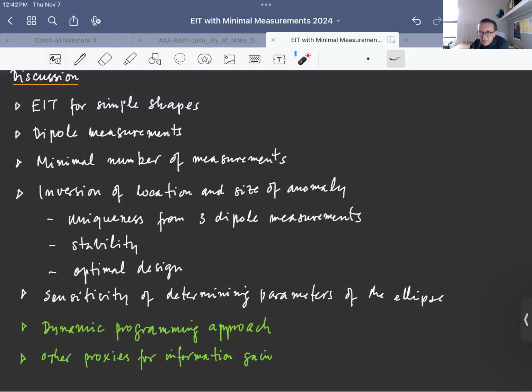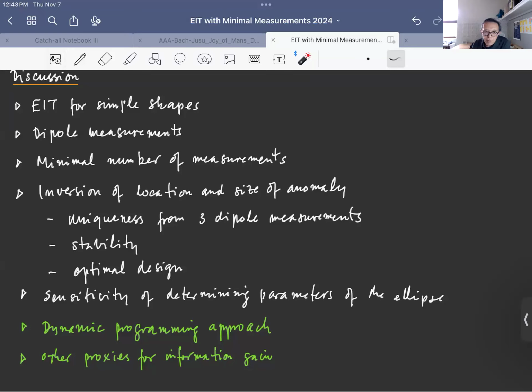And this is a different kind of measurement than what we are used to thinking about in EIT, which is that you prescribe a current distribution, and then you measure the voltage on the boundary as one measurement. In this case, we really mean one point measurement, which is the